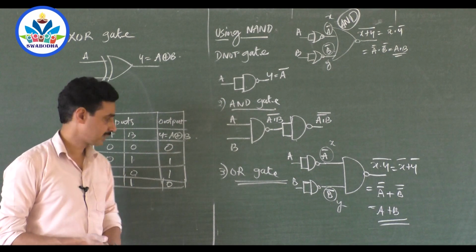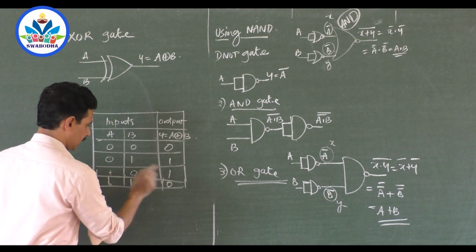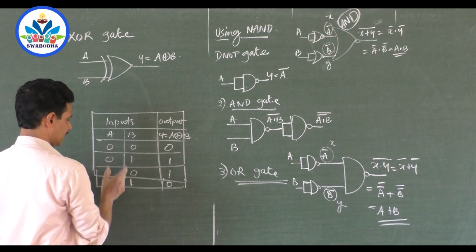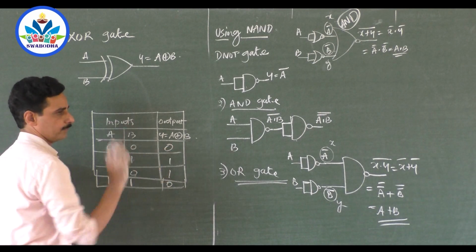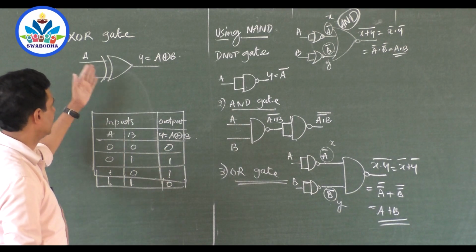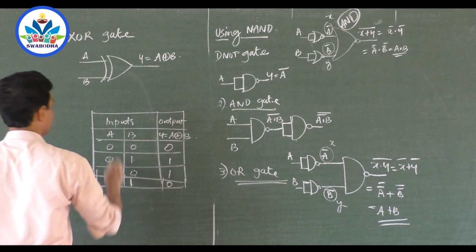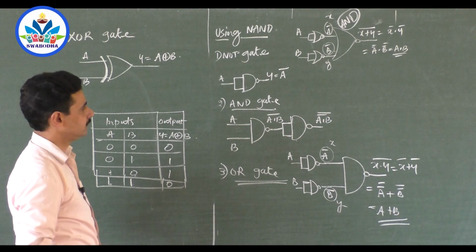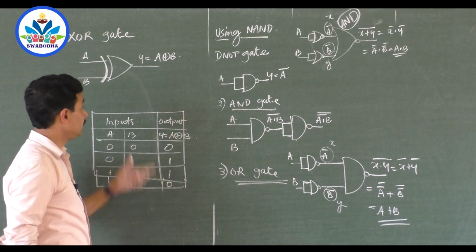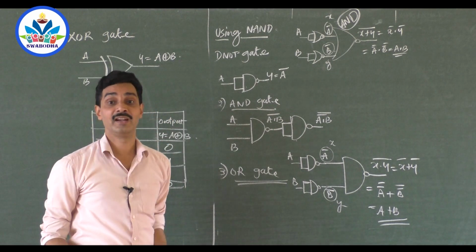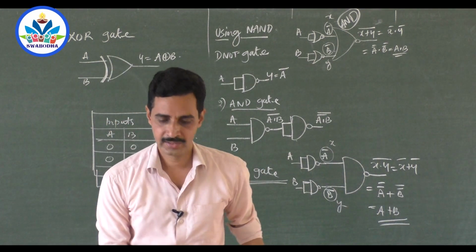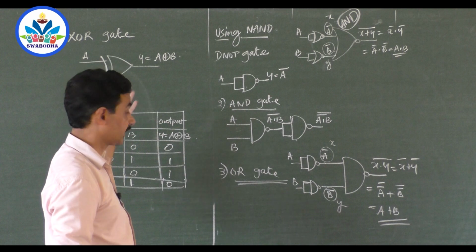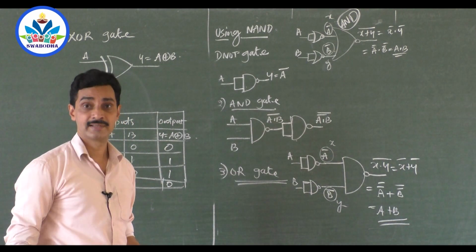So XOR gate is a logic gate which gives output 1 when the inputs are different, and output 0 when the inputs are similar. There is another symbol, with an extra line on the OR gate and a circle. So that is XOR gate, and even XOR gate can be constructed using NAND and NOR gates. That's possible. So with this, we will have some more questions on the entrance exam also.